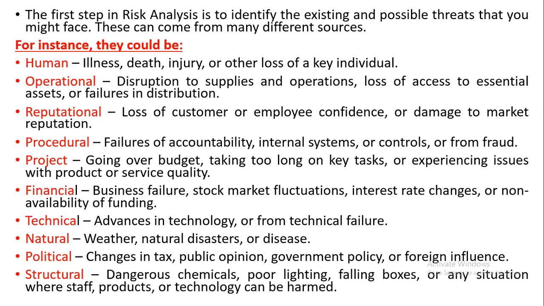Okay, so if that supply and operations are going to be stopped, then what happens? Essential assets or failures in distribution, that also is one of the reasons, right? If the supply is not proper, sometimes you can hear there is a strike in some of the transport departments. At the same time, what happens? Obviously, the delay will be there. Whenever you have to give the order after 1 week, but because of the delay, what happens? You didn't receive the material. If you didn't receive the raw material itself, how are you going to prepare your product and deliver to your customer, right? So one of the sources of failure that we need to analyze is the operational.